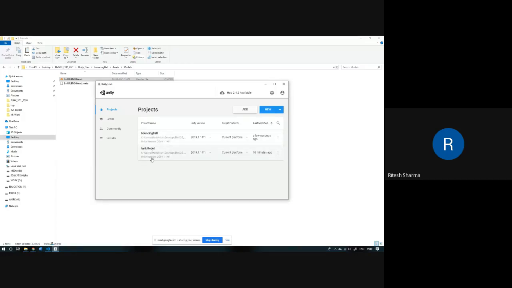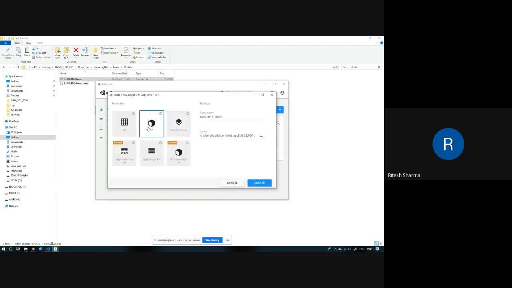For example, yesterday we did some rotation, so you might have named that model something, so that model would already be there. If you want to reuse that, just replace the cube with a ball, you can do that. Otherwise, create a new model, and you know what steps are required for it. Simply click on new here, we are going to make a 3D model, name the project something. You can name it rotating football or anything, and then press create.